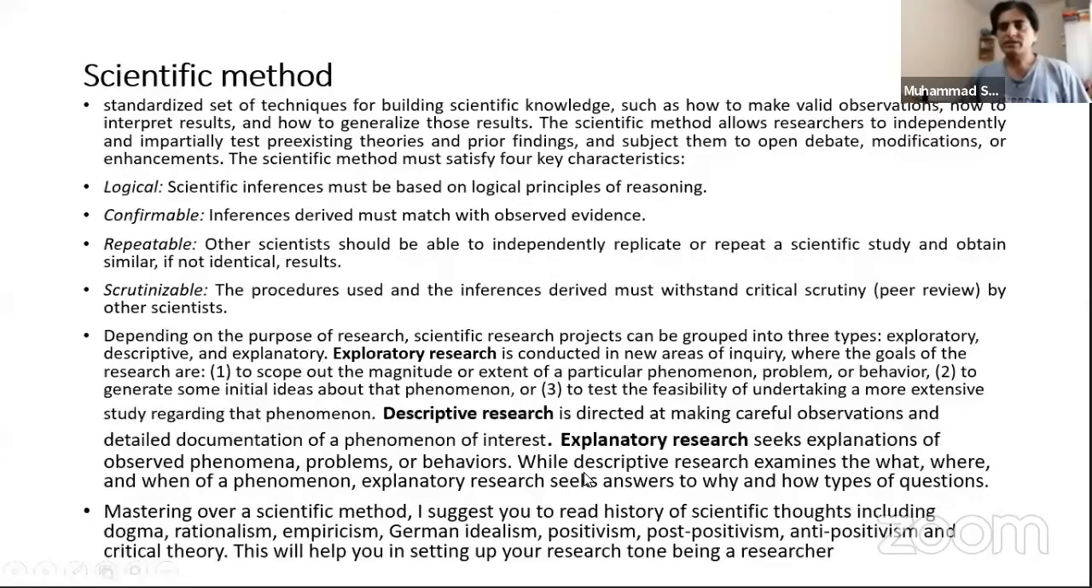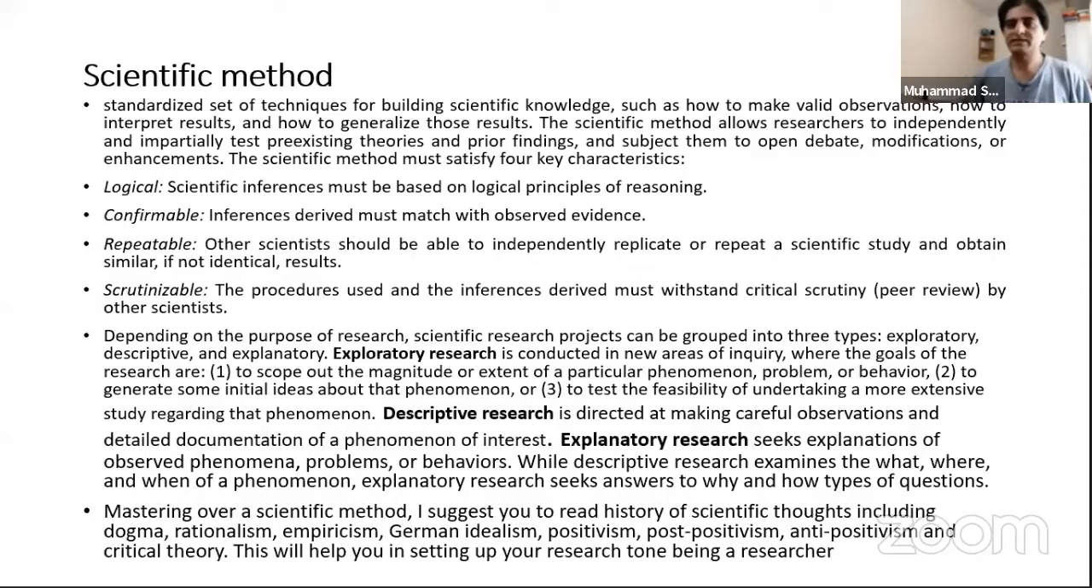So, mastering our scientific method, I suggest you read the history of scientific thought, including dogma, rationalism, empiricism, German idealism, positivism, post-positivism, anti-positivism, and critical theory. This will help you in setting up your research tone, being a researcher. So it means